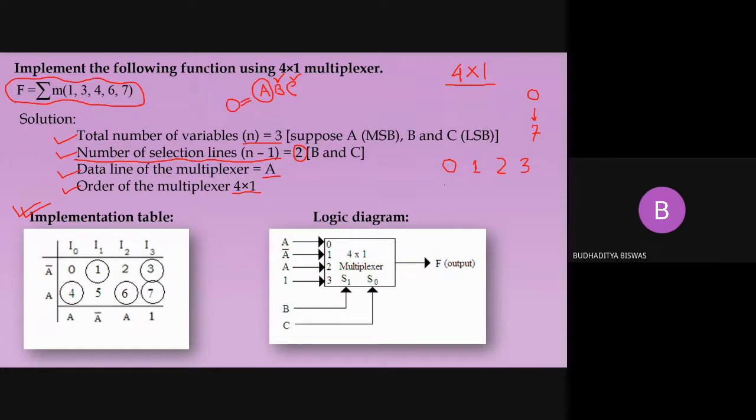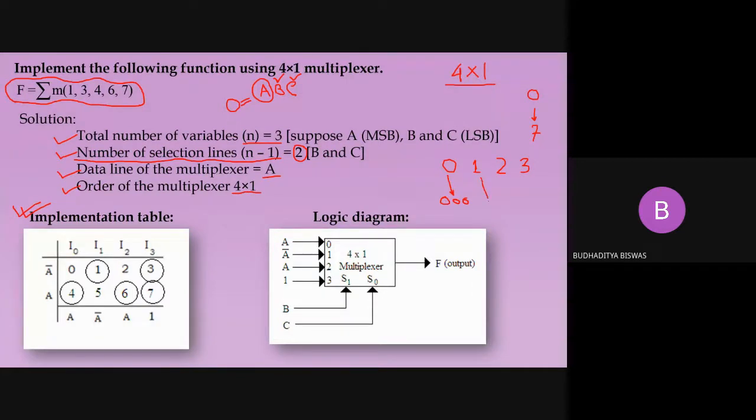Okay, so what is the representation of 0? 0, 0, 0. So to represent 0, what is the value of A? Means the first value. What is the value of A to represent 0? 0. Very good. 0, 0, 0 means 0, and here you see that A is treated as 0.